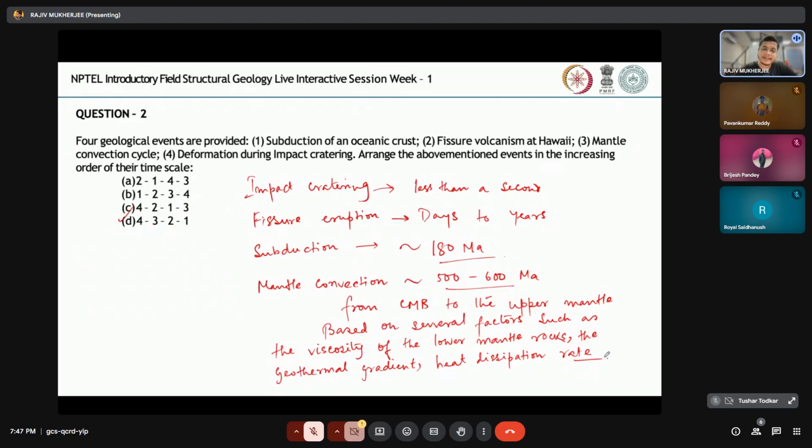So these are some indirect methods which allow us to interpret the internal structure. But we don't know for sure. There can be multiple approaches or hypotheses for answering the most intriguing questions that still persist in the earth science subject. Okay,